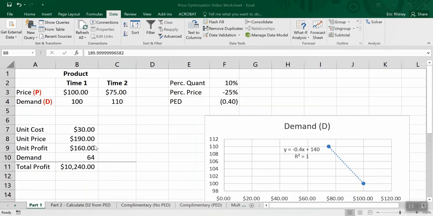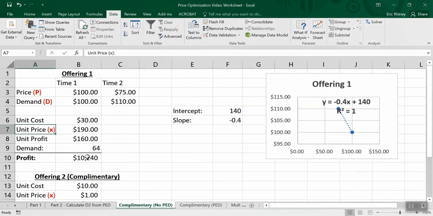So I'm just going to copy, and I've already done it, copy this over to another worksheet in my workbook. And you see here that everything remains the same. We have our identified price point of $190, and that created a demand of 64 and gave us an overall profit of